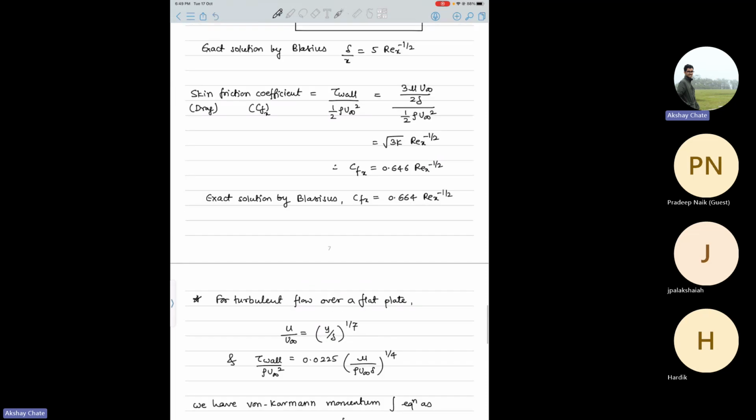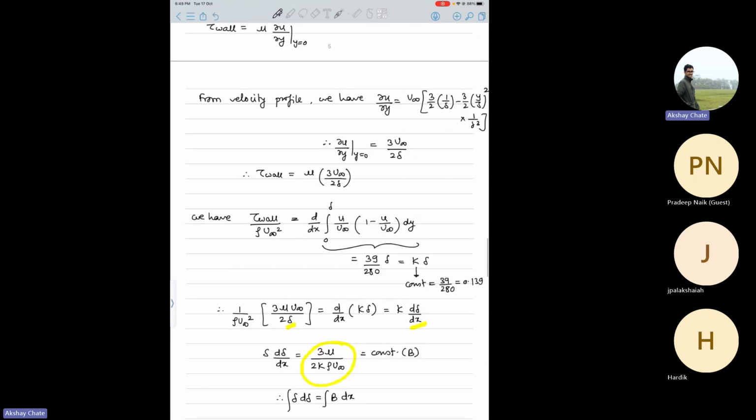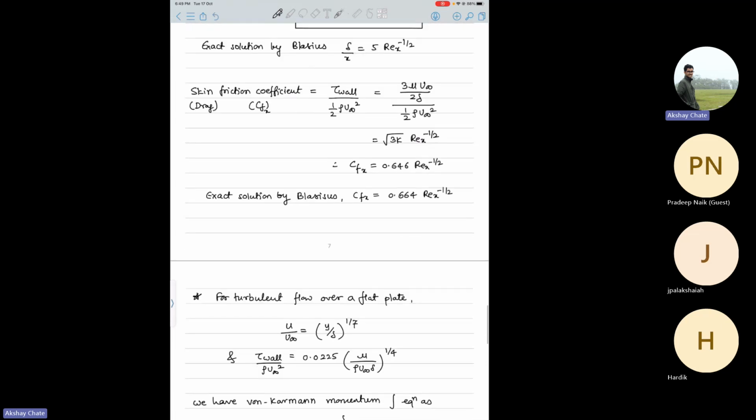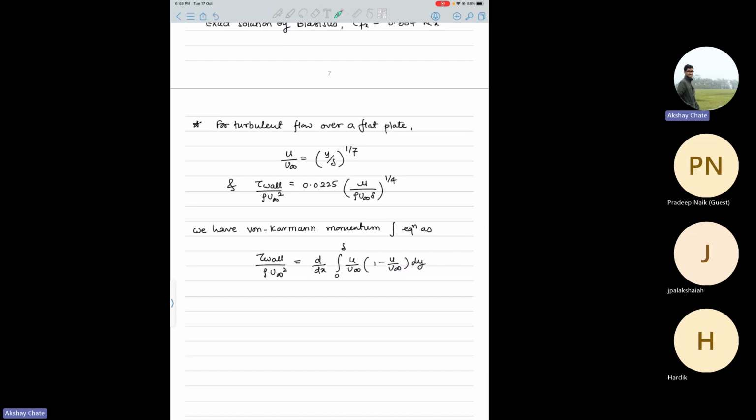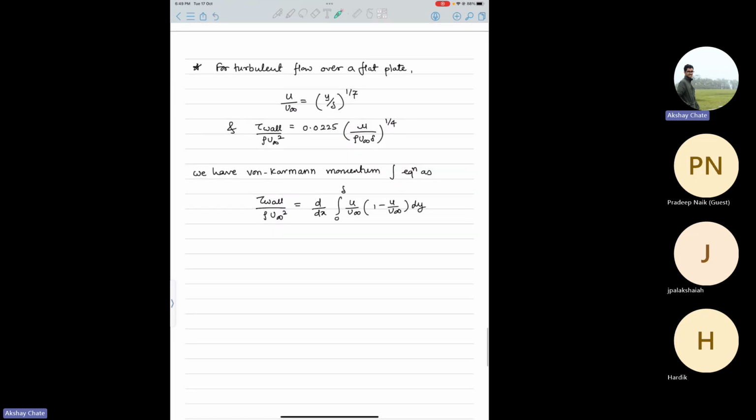Correct, no? So again, now you have this u by u infinity velocity profile and you have the wall shear stress profile as well. So if you plug these values in this,